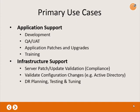Configuration changes. Think about those complex changes, schema changes in Active Directory, Exchange, things that traditionally are very tricky and very difficult. Our solution allows you to do that. Think how nice if you had a problem in production. Today, those issues are very difficult to replicate in dev or tests. With our solution, it allows you to replicate those issues that you are currently having in production, isolate them in their own bubble, and really allows you a time saver of then troubleshooting what the issue is, knowing you won't